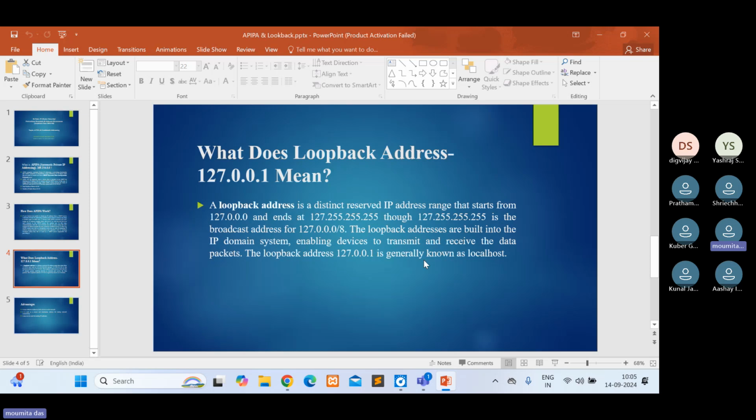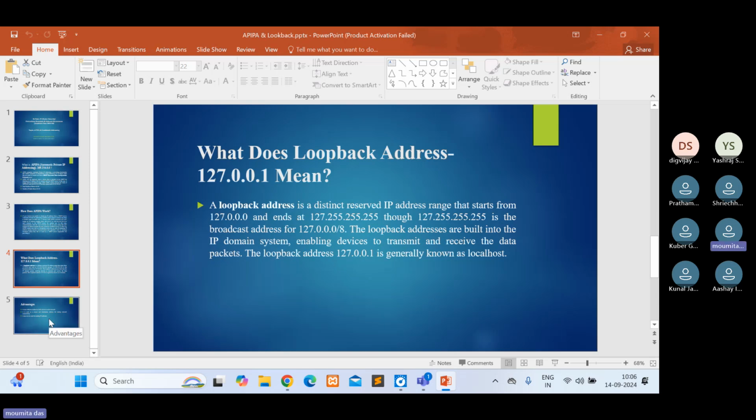The last address is the broadcast address. The loopback addresses are built into the IP domain system, enabling a device to transmit and receive data packets. The loopback address is generally known as localhost.